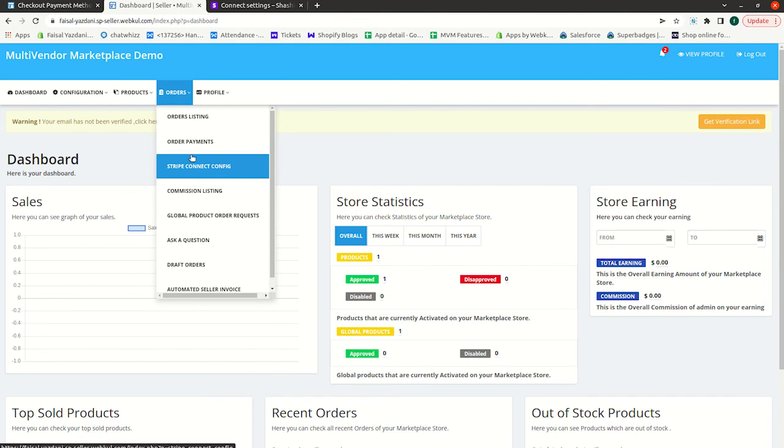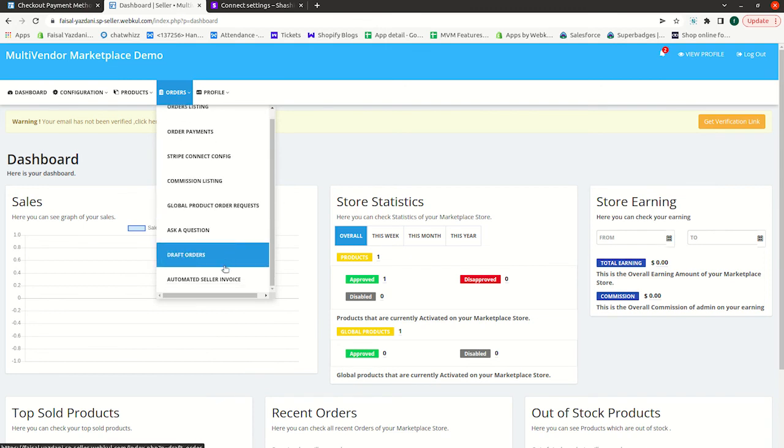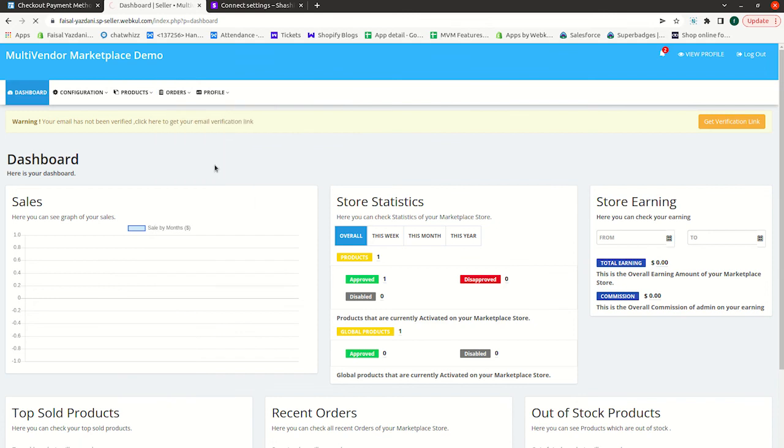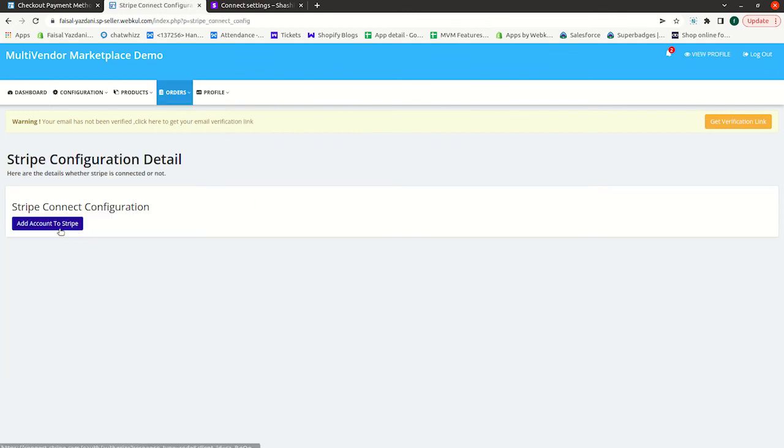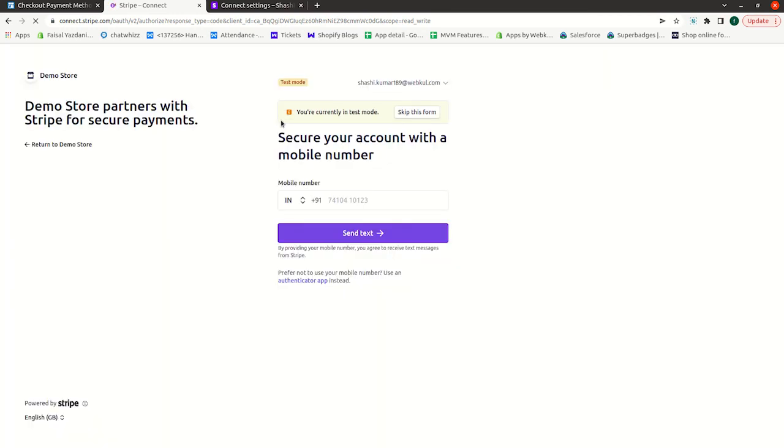When they go to orders, they will find an option for Stripe Connect configuration, and when they click on it, they will find the option to add an account to Stripe. They just need to click on this, provide the basic information of their Stripe account, and they will be able to integrate their Stripe account with the multi-vendor application.